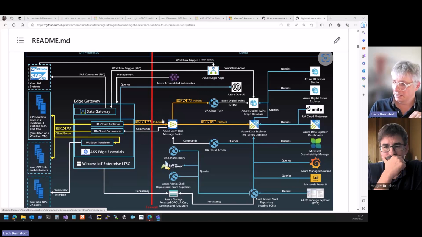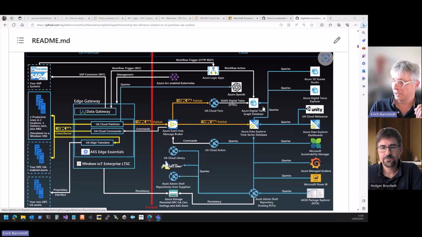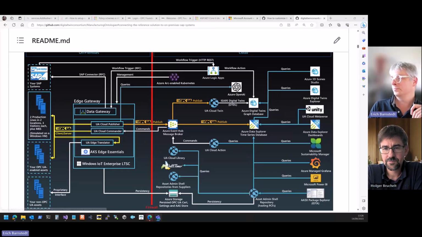And then the metadata is sent through the component I mentioned. It's called UA Cloud Twin, which automatically generates digital twins from the OPC-UA metadata. And then you're also sending the OPC-UA metadata and telemetry data to Azure Data Explorer. So those are the two main components of the architecture. That's where the data is stored. And then everything else just runs queries off of those components, right? The asset administration shell that I mentioned earlier to calculate the product carbon footprint also queries that data.